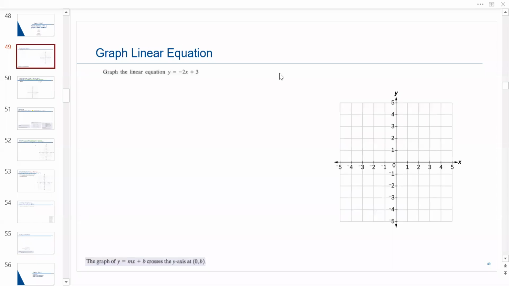So this is the week of 8. All right, week of 8 is